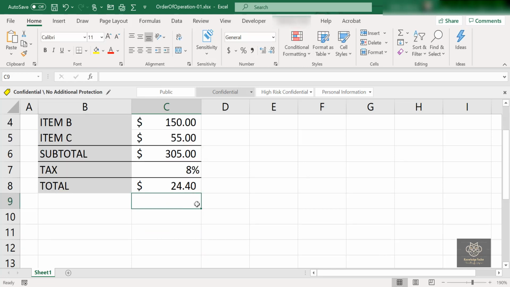Well, wait a minute. $24.40. That's not the grand total. I just got what's 8% of $305, right? So $305, 8%, that is $24.40. That's what we received here. Well, I want to get the grand total, so I want 305 plus 24.40, right? So let's leave that one out.